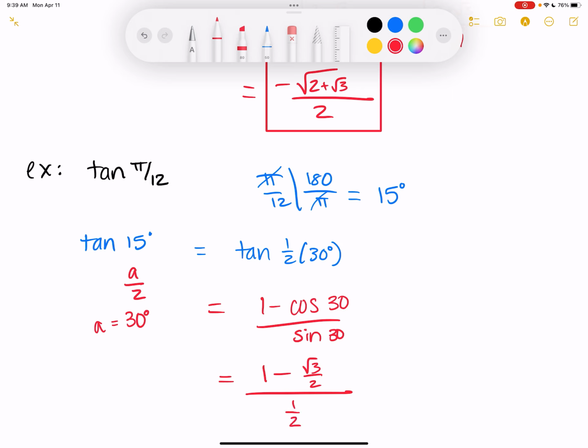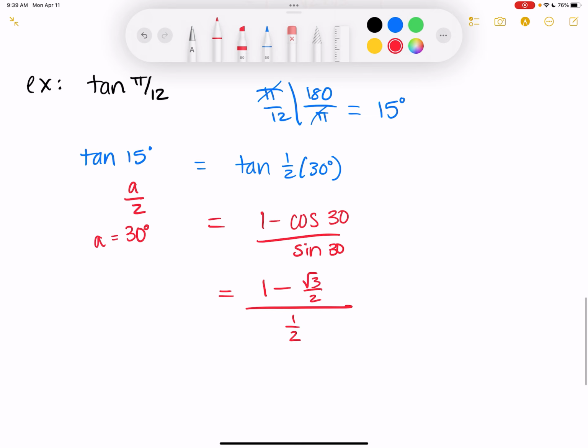1/2. So now, same thing like I did on the last one, I want to get that common denominator on top to simplify things as much as possible. So I'm just going to end up with, okay, this 1 can be rewritten as 2 over 2. So when I do that, that's going to give me 2 minus the square root of 3 over 2,